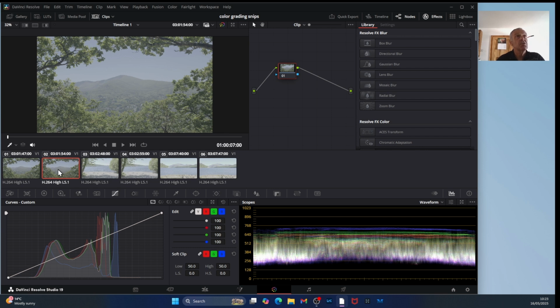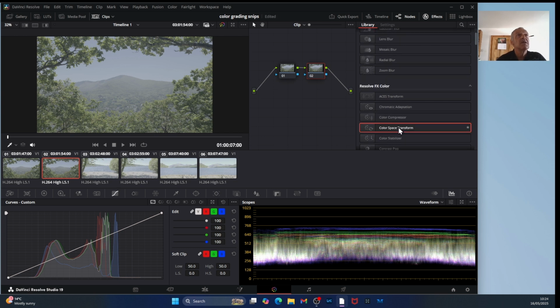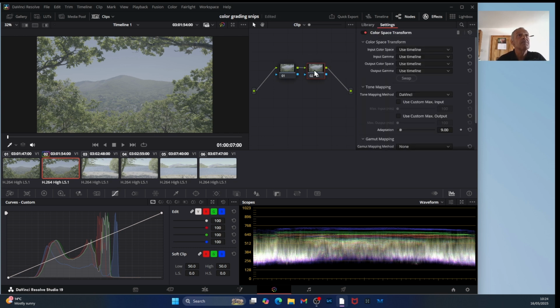Previously, with the shots that are being rejected, all I did was to go up to the node, add an extra node, to colour space transform, put the input colour space in, Rec. 2020, and the input gamma as Fuji F-Log2,